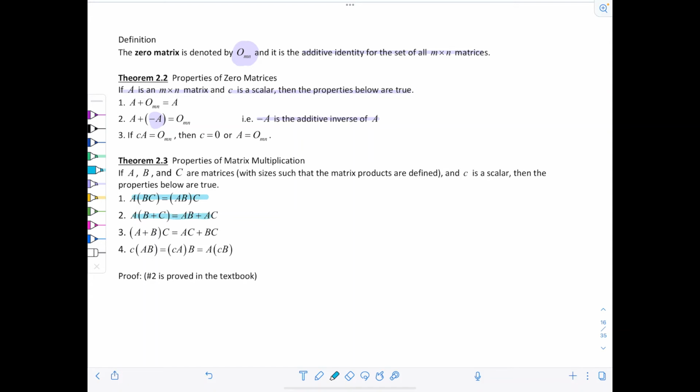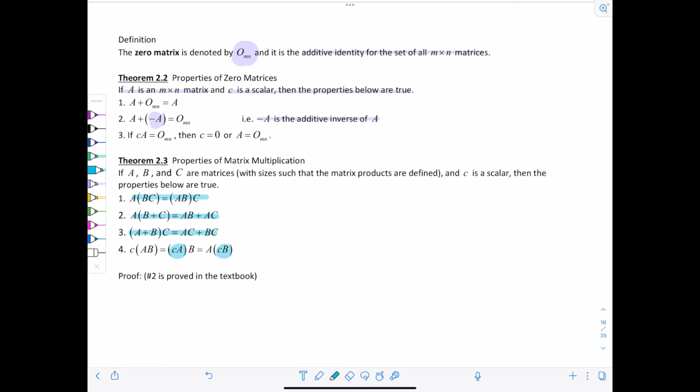Property 2, we have a distributive property of matrices. Again here, property 3 is distributive, different from 2, but still distributive. And then 4, the scalar C times matrix product AB is equal to scalar C times matrix A multiplied by B, or you could take matrix A and multiply by the product of scalar C times matrix B. So the scalar you can kind of move around, but the matrices you cannot. Okay,